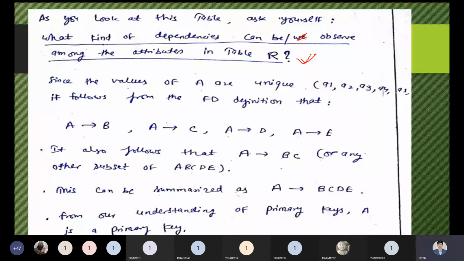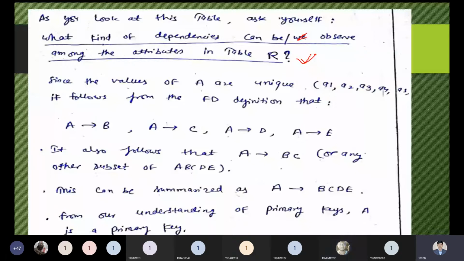The relation is clear to all, but you should think about this question. What kind of dependency can we have? Dependency is an important part. So this is the point we need to take care of. Yes, please tell me any doubt you have.